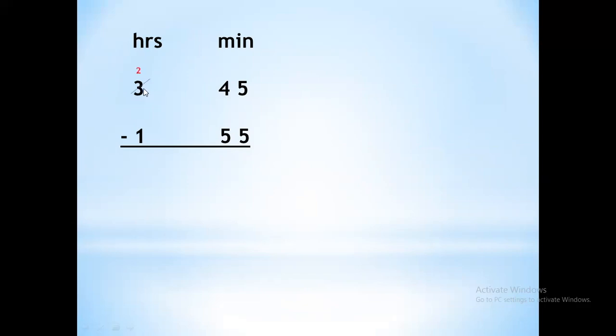Take 1 hour from this side, it will become 2 now, and 1 hour will be taken to this side. When you bring 1 hour here, it will not be 1 hour. You will consider it 60 minutes because now that 1 hour is in the minutes column. So 60 plus 45 is equal to 105. Now from 105, you can easily subtract 55. 105 minus 55 will give you simply 50. These 50 minutes will be written here. And 2 hours minus 1 hour will give you